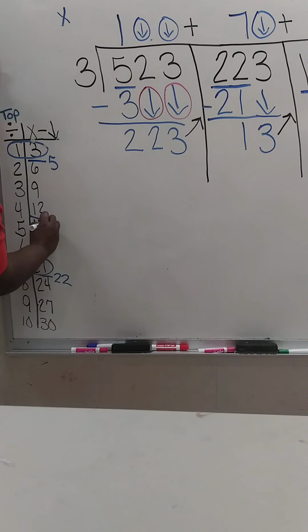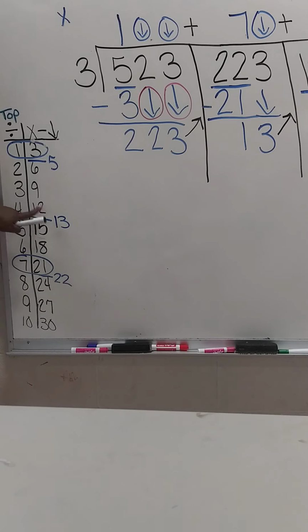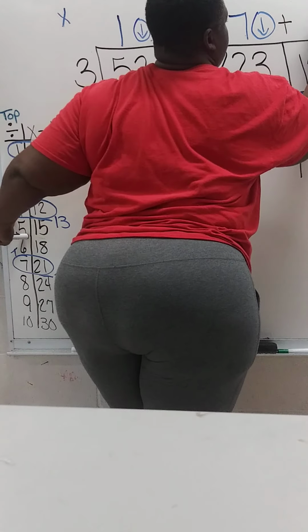Absolutely. 13 is here in between 12 and 15. And remember, we're always going with the smaller set. 15 is bigger than 13, so we're using 12. 12 is the closest number to 13 without going over. This number always goes on top. 4, always, the first number always goes on